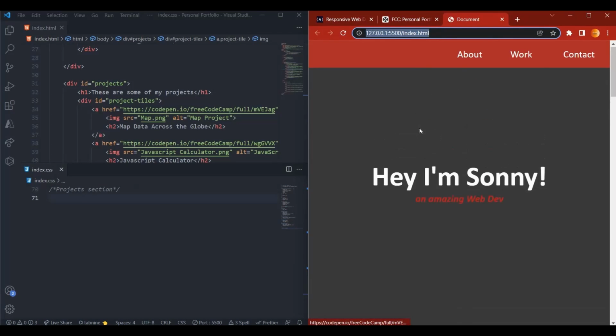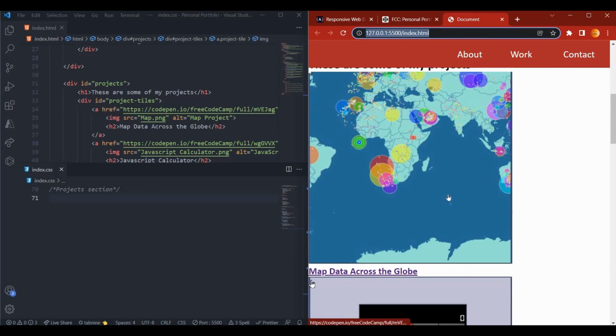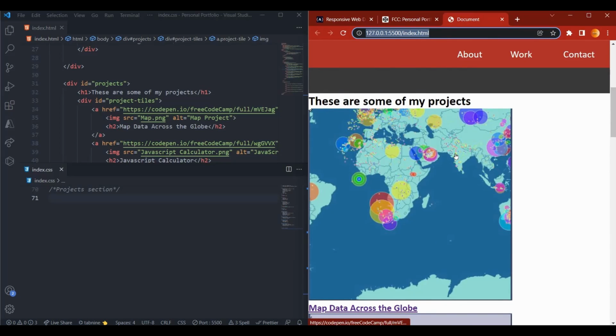So far we are here. We've done all of this, the nav and the welcome section. Now we're gonna touch up the project tile section. So right off the bat, you guys may have noticed I've done some changes. Previously,